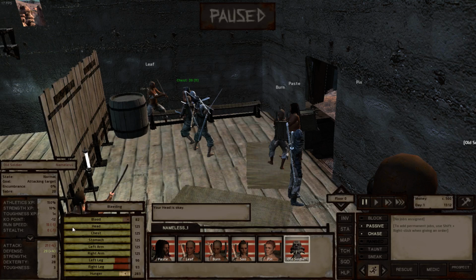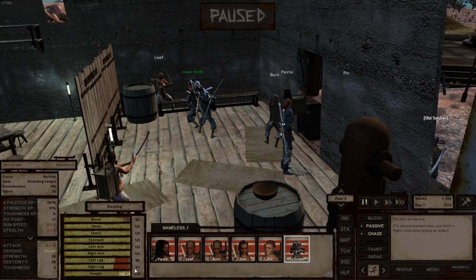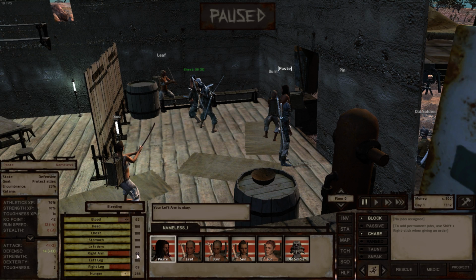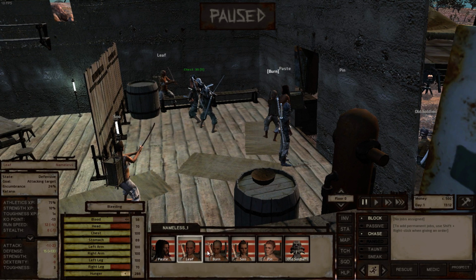His knockout point is -12. So if the health here gets to -12 on any of these, then he will be knocked out. His current run speed is being crippled slightly due to, looks like, armor and equipment. And his stealth capabilities, and so on and so forth. His attack, his dexterity. So if I look at somebody else for this, yeah, these guys aren't getting nearly as much athletics experience, but they are getting...